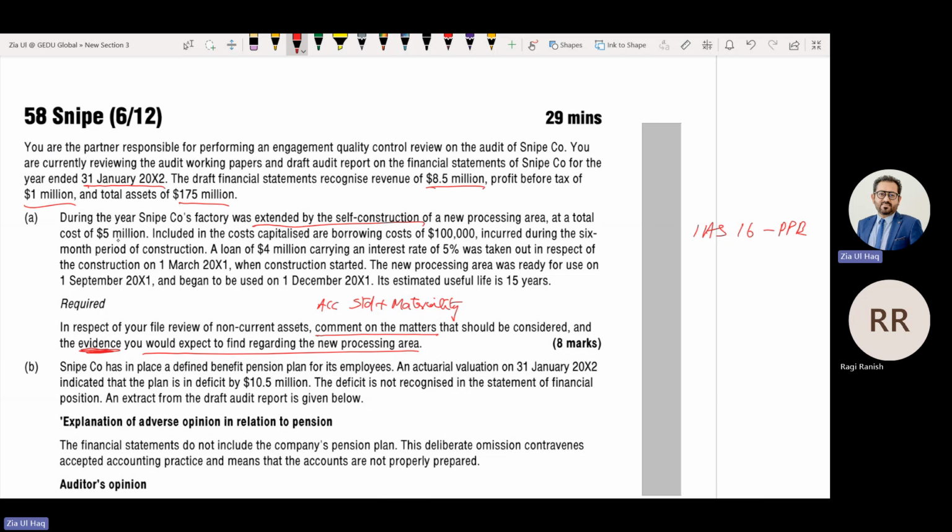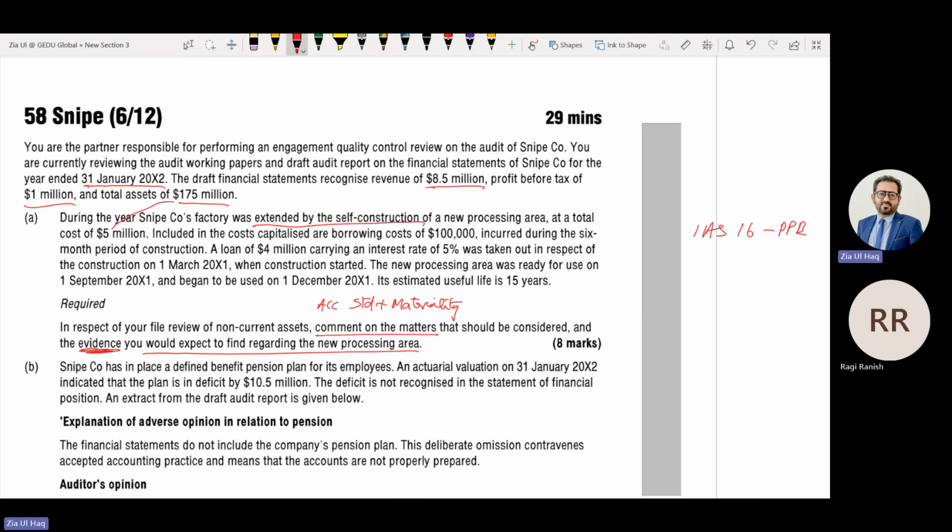First, we can perform the materiality of 5 million against 175. Is that 1% or more? Yes. It's 3 point something, I think so. 2.65, and handsomely material. Okay.